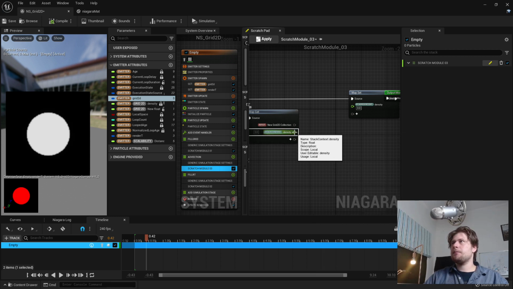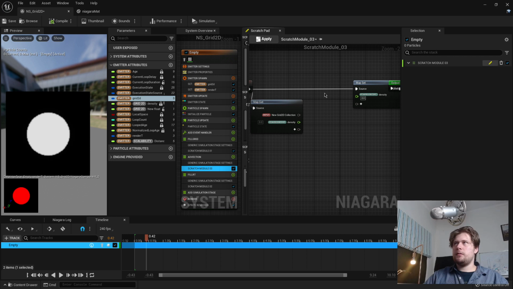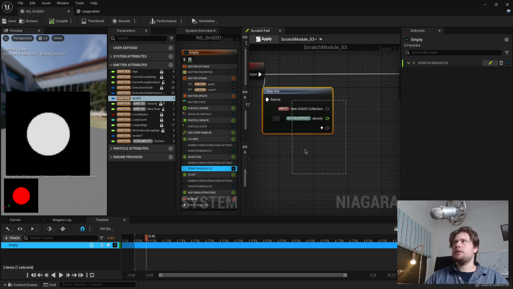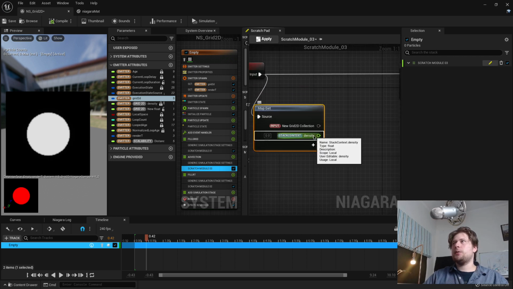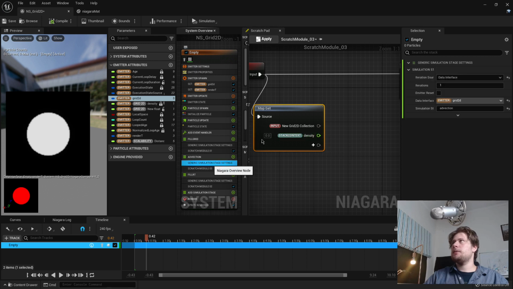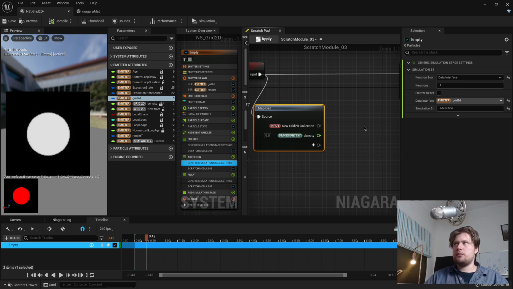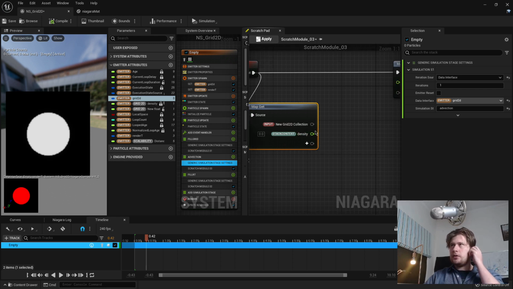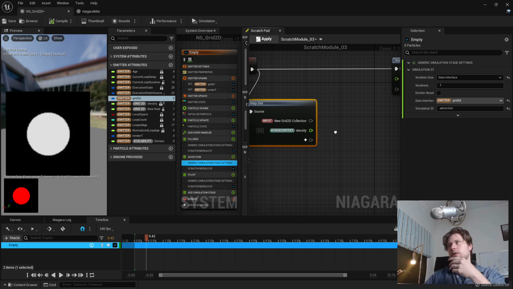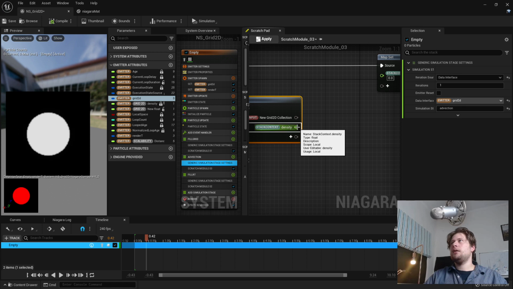But yeah, maybe it's good that I showed you this because it shows you how you can grab channels from the current data interface. So this is operating on the Grid2D, and the map-get can actually access the channels as well. You don't have to sample a value or get the value using a node. You can actually get the current value of the current voxel that the module is operating on from here. And if you just connected it, it would be a pass-through. But in this case, we're going to be